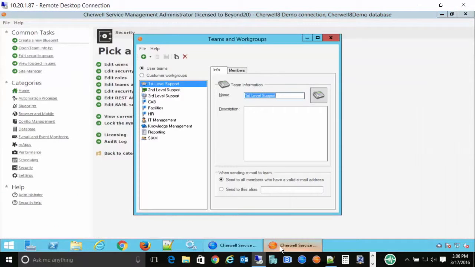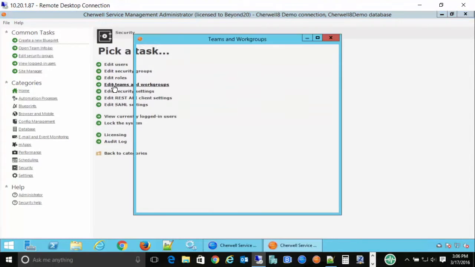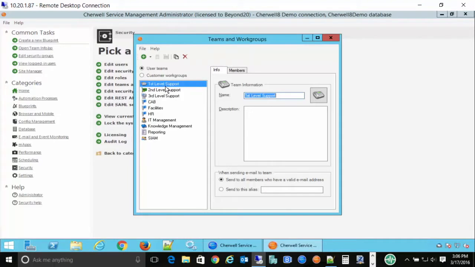Now previously we could get at teams in Cherwell Security, so if I logged into the admin tool and went to Teams and Work Groups, I could see all of the teams, all of the work groups that were available to me. But if I wanted to modify those, I would have to have rights to get into the admin tool to do that. So what Cherwell has done now is given us a table right in the client tool